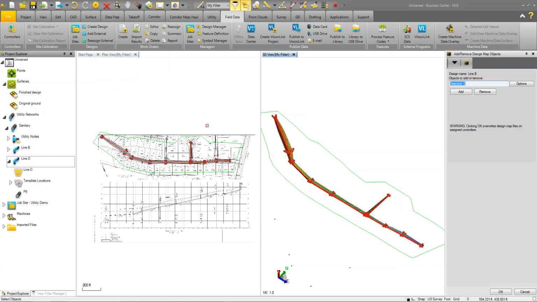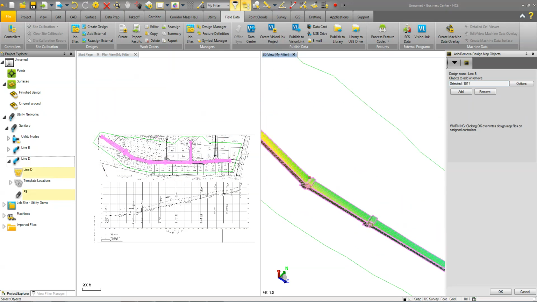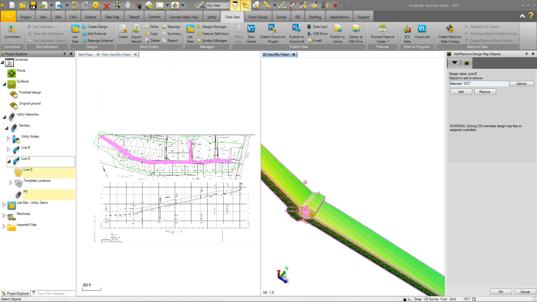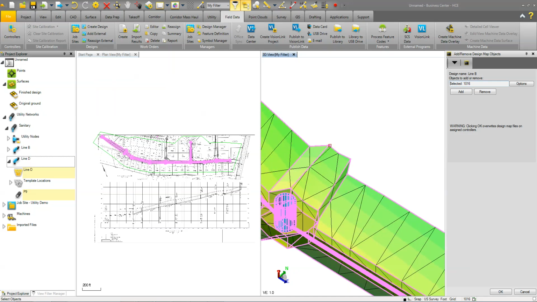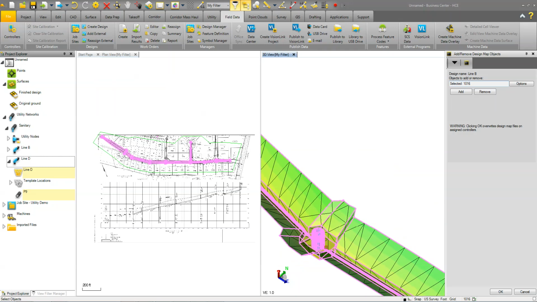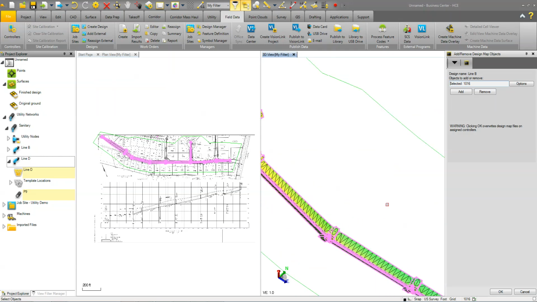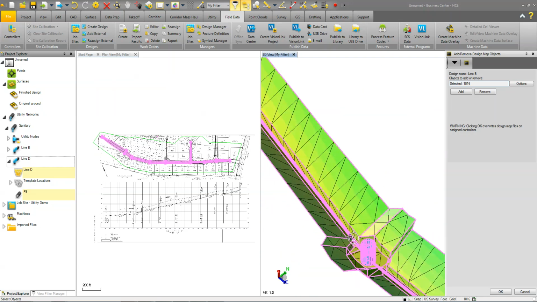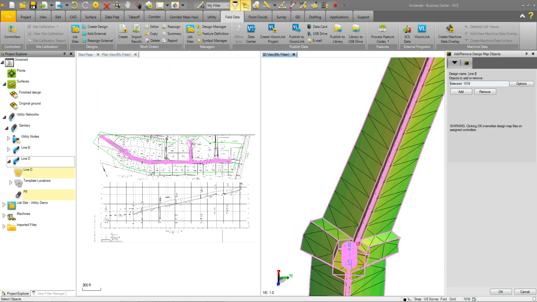And for the design map, what I'm going to do is just go ahead and do a window around this. And we'll deselect the surface. Now there are lines and edges, so we can have those for the trenches and stuff if we want to, or we could just use the structures and the pipes. I'll go ahead and select everything, but again, you may just want the pipes and not the actual trench lines, right? So this will all get exported out. So I'm gonna click OK,